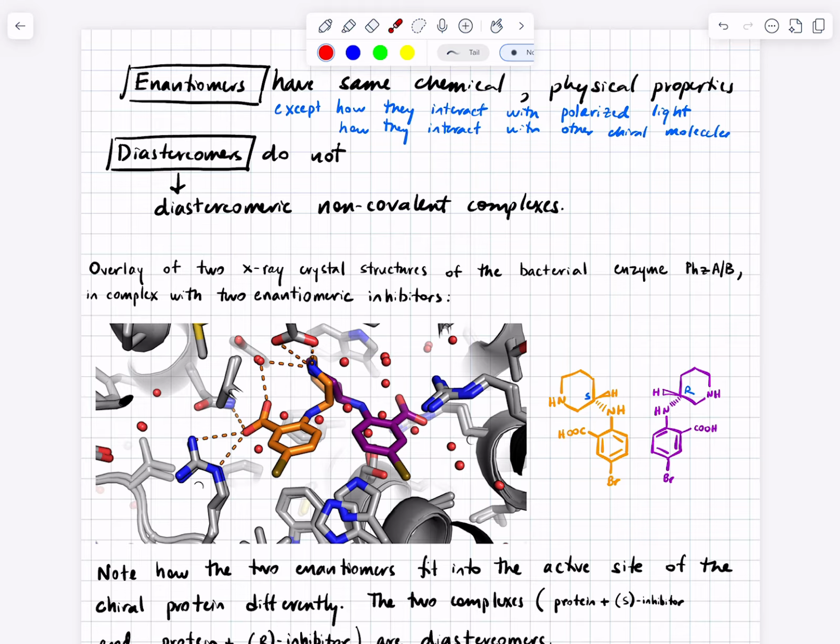And that was one of the earlier demonstrations that you've got to be really careful about the effects of not only the desired enantiomer, but also the undesired enantiomer. Since then, the FDA doesn't approve drugs where,